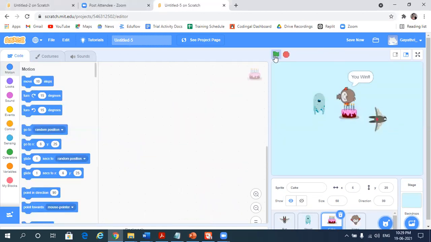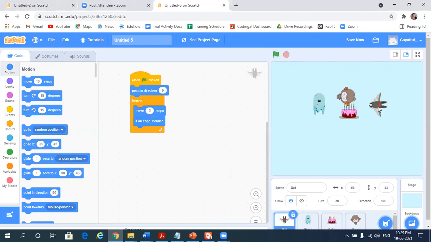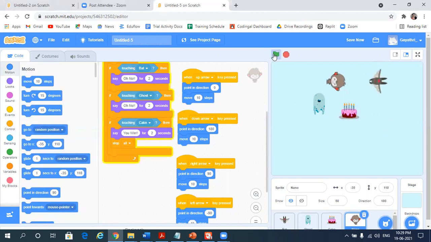So now you can see. Because it has touched the cake, the program is halting here. Otherwise, the bat will keep moving up and down throughout the program.